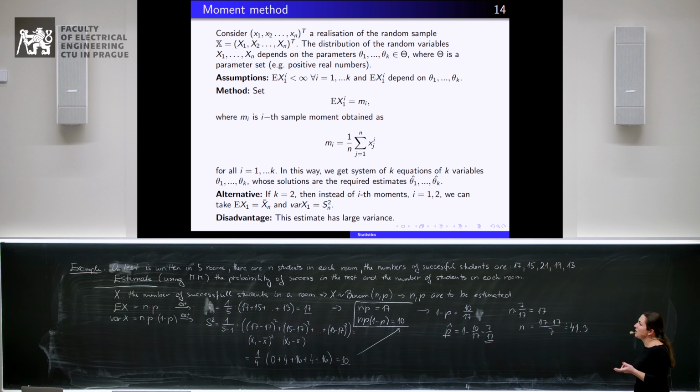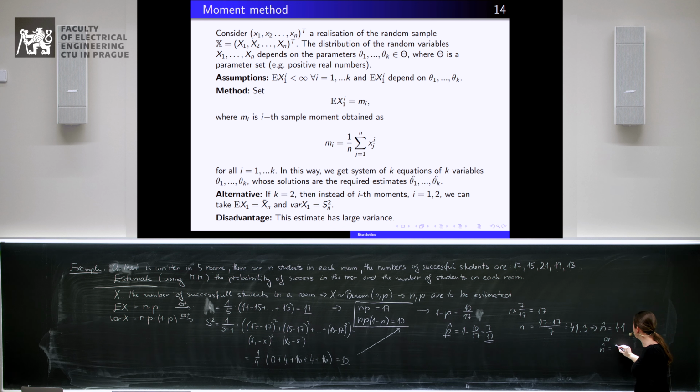But n is the number of students in each room. So of course, in practice, we need n to be integer. So n can be estimated as 41, or